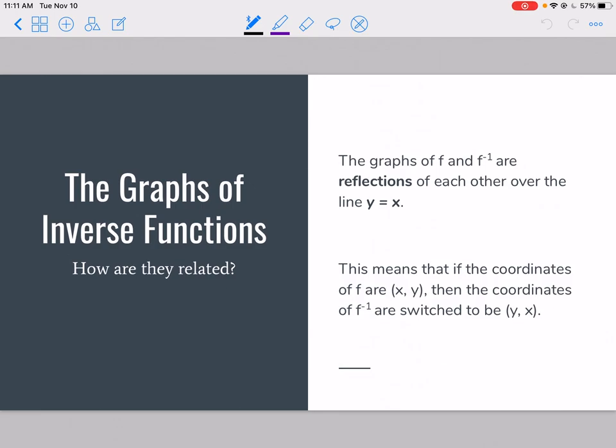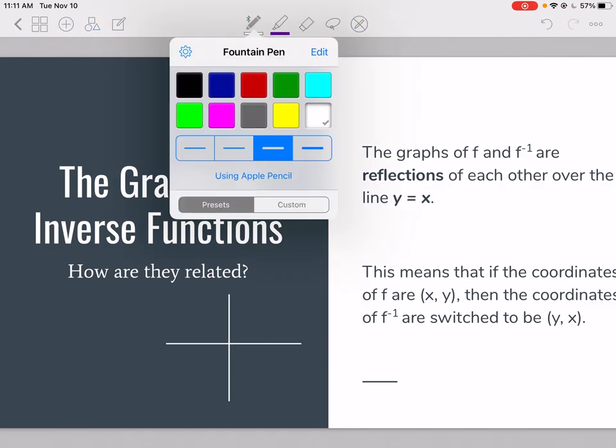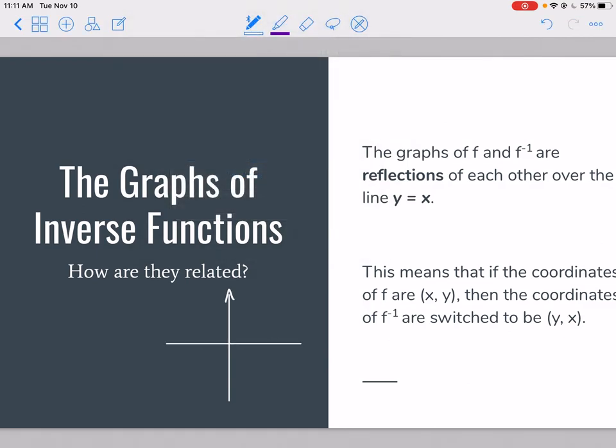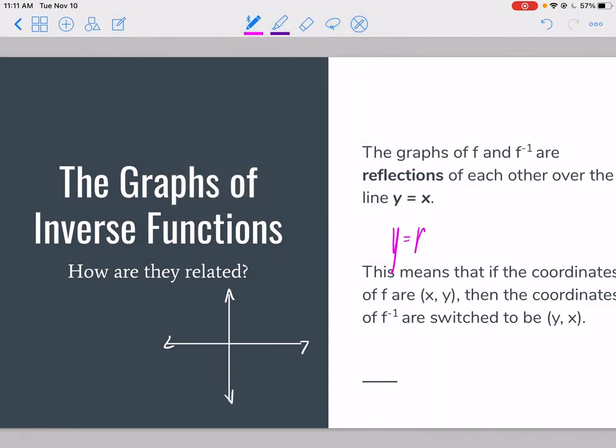Now let's go ahead and move on to talking about graphs of inverse functions. So how are the graphs of inverses related? Well, the graph of an original function f and its inverse, f inverse, they are reflections of each other over the line y equals x. So if I draw over here a little coordinate grid, the line y equals x is a line with slope 1. So if I compare this to y equals mx plus b,